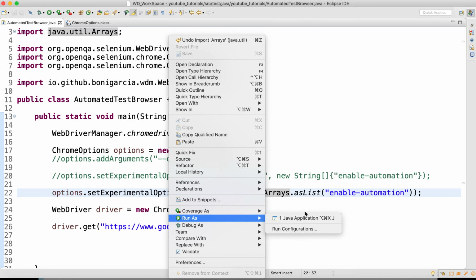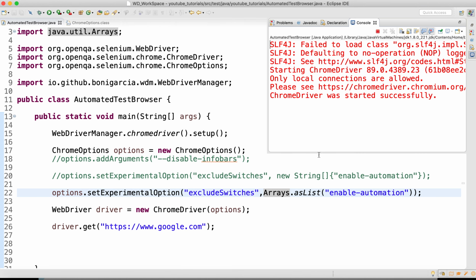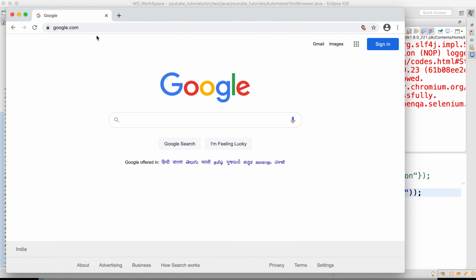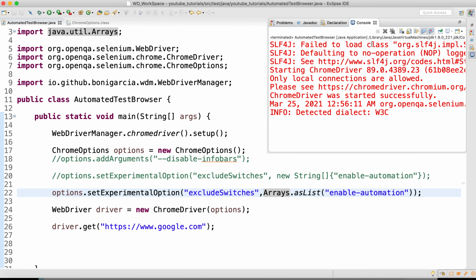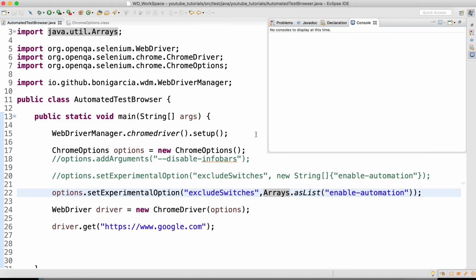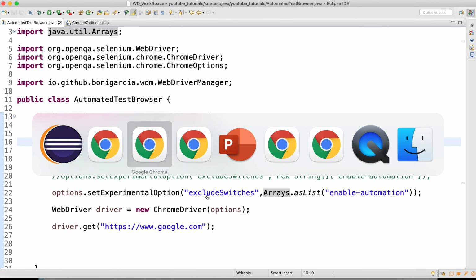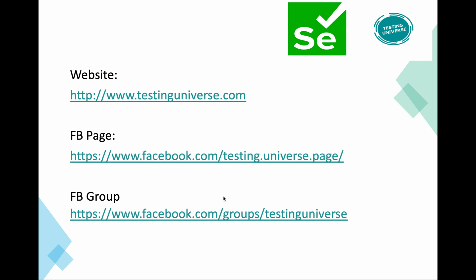Let me run this. So if you observe carefully here, this time also it has disabled this particular info bar or notification. So you can use any of these ways to exclude the switches or to disable that particular notification.